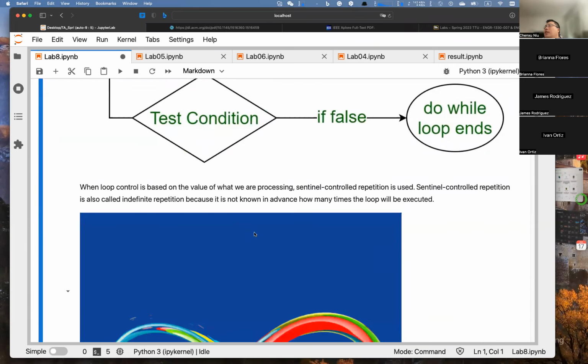Okay, so the loop control is based on the value of what we're processing. So sentinel-controlled repetition is used. It's also called indefinite repetition because it's not known in advance how many times the loop will be executed. So the biggest difference between the sentinel